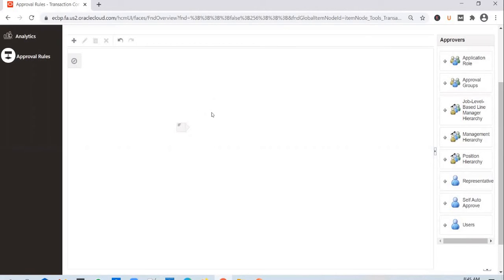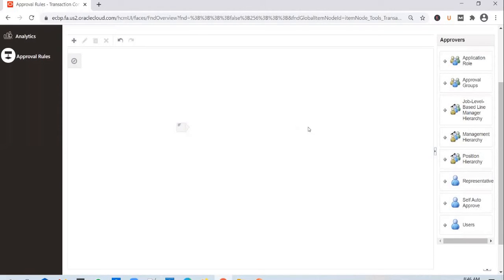Say you are configuring journal approvals, and you selected application role as a general accounting manager. The moment any user logs in, creates a journal and submits it for approval, it will go to the person who has the general accounting manager role assigned. If there are two people with the general accounting manager role assigned, then it will go to both of them, and any one of them can approve it.